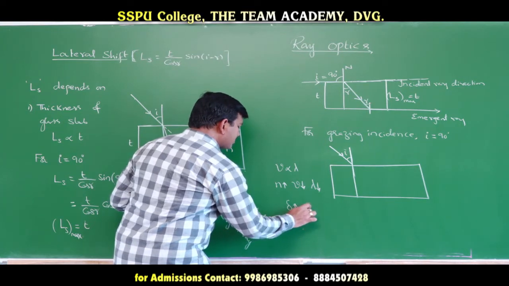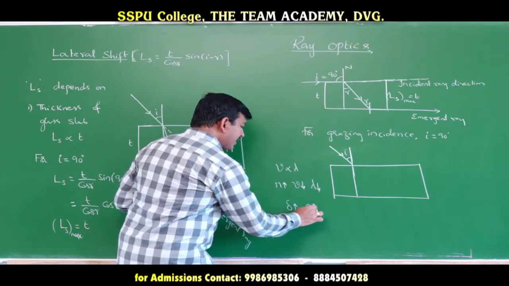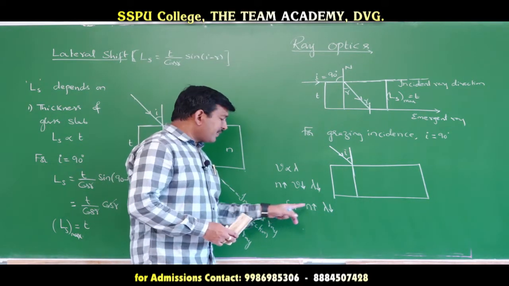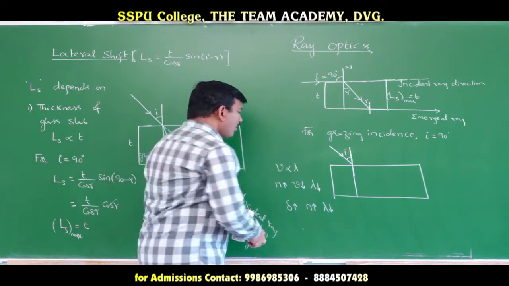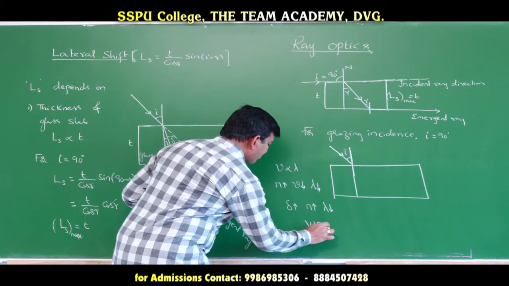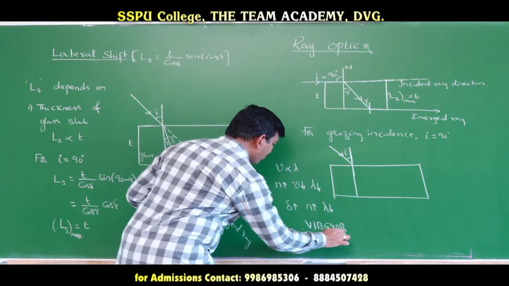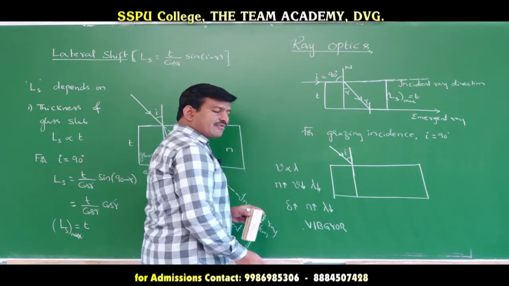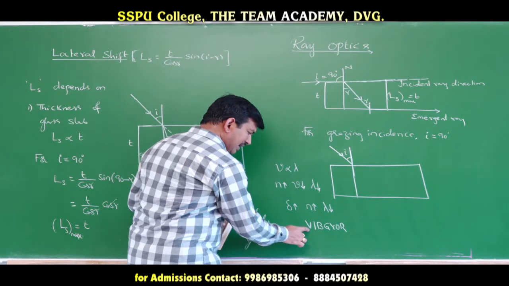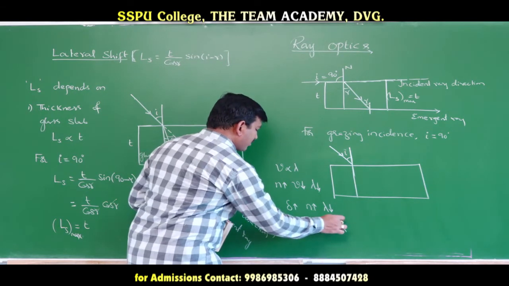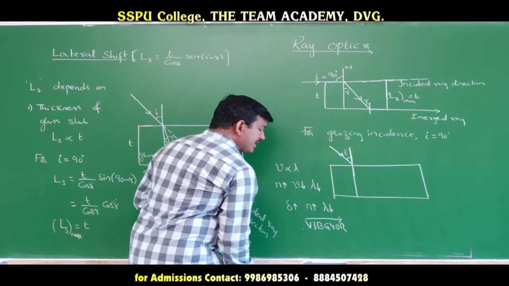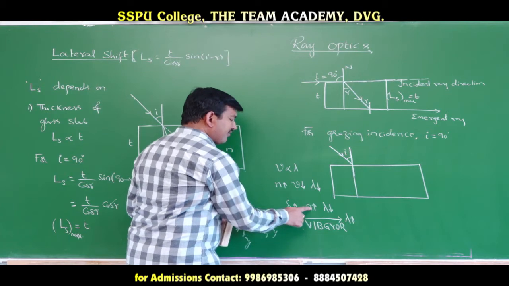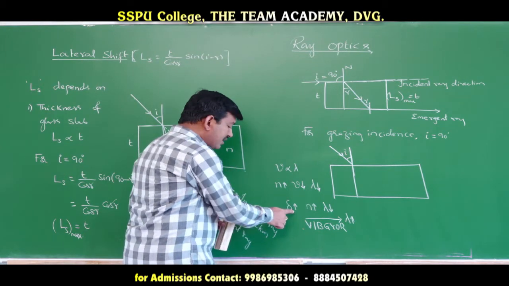If you want more deviation, then the refractive index must be more. More refractive index means the wavelength must be less. That means the color having more deviation is the color having less wavelength. In the VIBGYOR, if I choose violet, indigo, blue, green, yellow, orange, red, among these 7 colors, which color is having the least wavelength? The least wavelength is there for violet and the wavelength is more for red. So if you move from left to right, that means violet to red, wavelength increases. So violet has less wavelength; the lesser the wavelength, the more the refractive index, and the more the refractive index, the more the deviation.